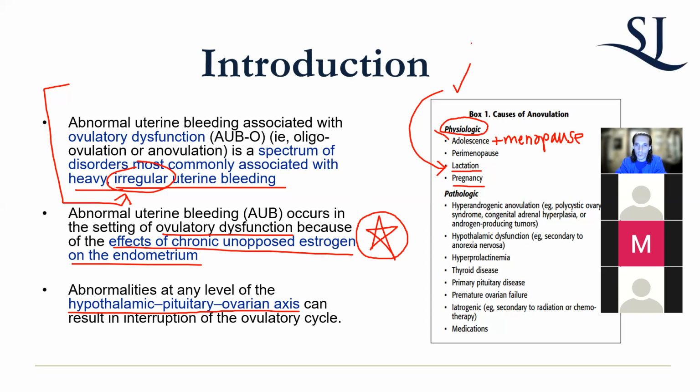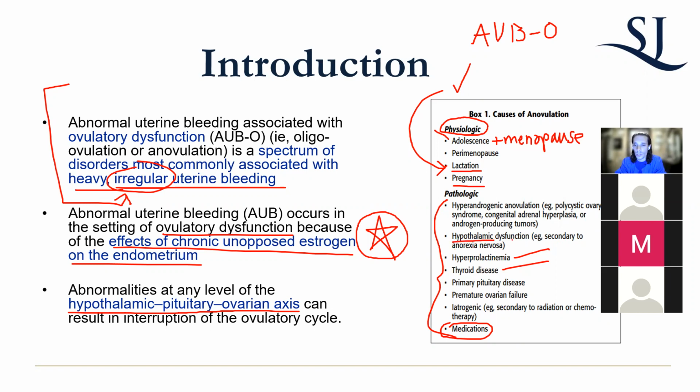And we're talking about ovulatory dysfunction. So AUB-O. You're looking for endocrine problems. You're looking for HPO axis problems. So medications, especially antipsychotics, can cause menstrual irregularities. Thyroid disease, hyperprolactinemia. And if you have hyperprolactinemia, you want to rule out prolactinoma, so you want to get your MRI of the head to make sure that you don't have one.